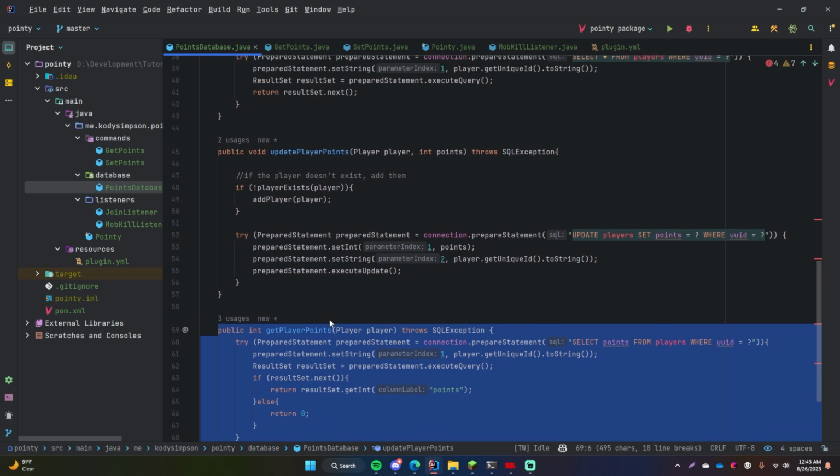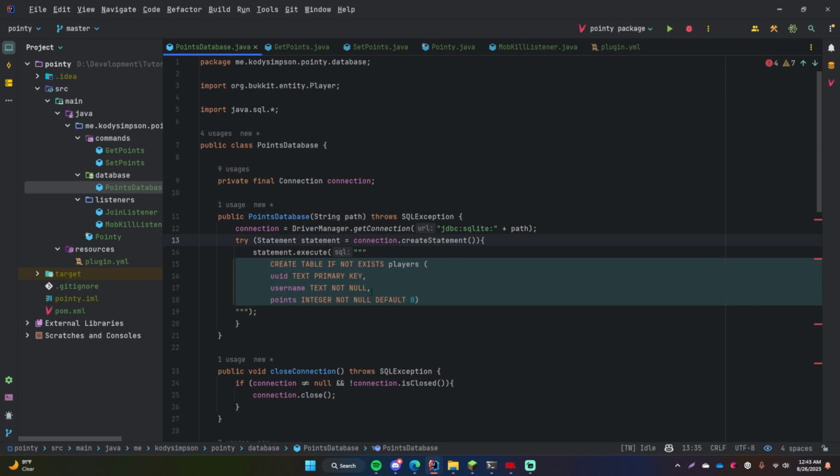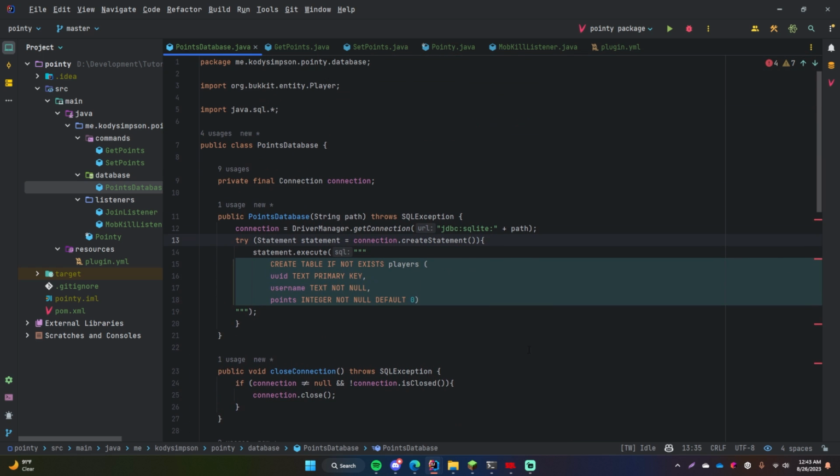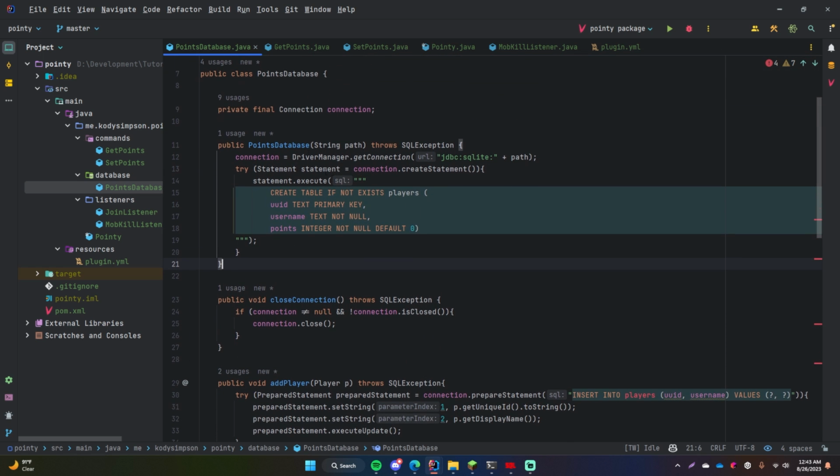It doesn't have anything for deleting and stuff like that. But if you're not familiar with the last episode and you didn't watch this one, this is basically all it does. It does all those basic things. But up here you can see that when we create the class, it's going to create a new connection to the database using the driver, and then it's going to create the table if it does not already exist using SQL. And this is the part that we're going to be getting rid of because ORM Lite is going to do it all for us, which is awesome.